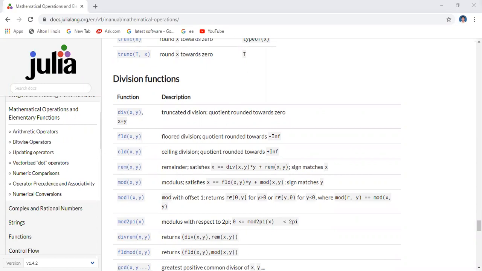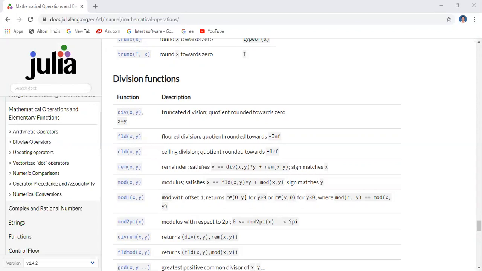For example, div of 8 comma 2 means 8 divided by 2. Simply writing the division function like this gives 4. Here it also gives the result as 4. Will you identify the difference here? It gives a floating point number, the ordinary division result.